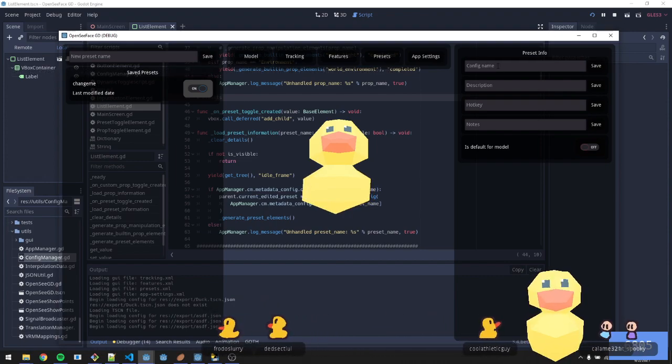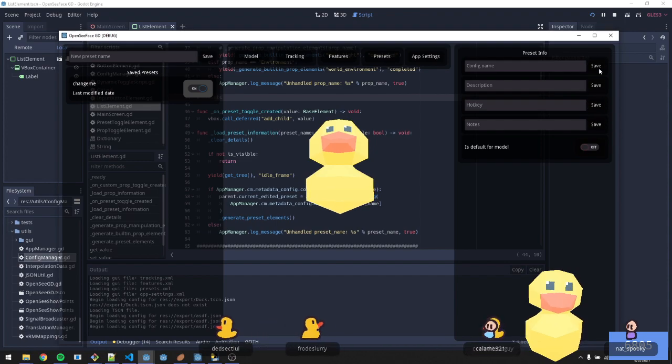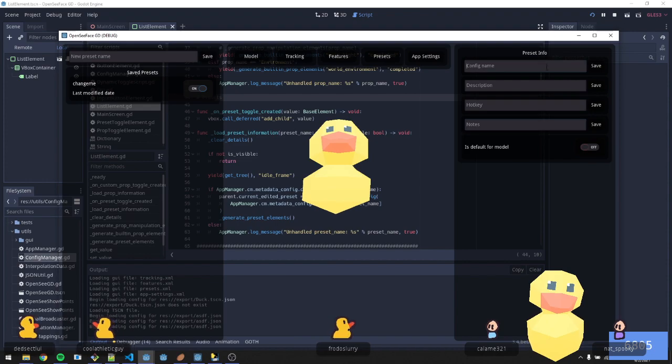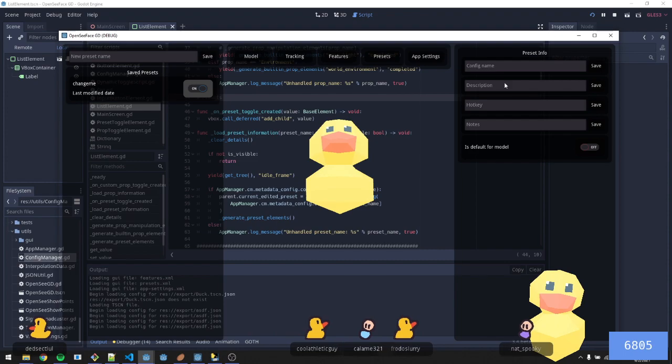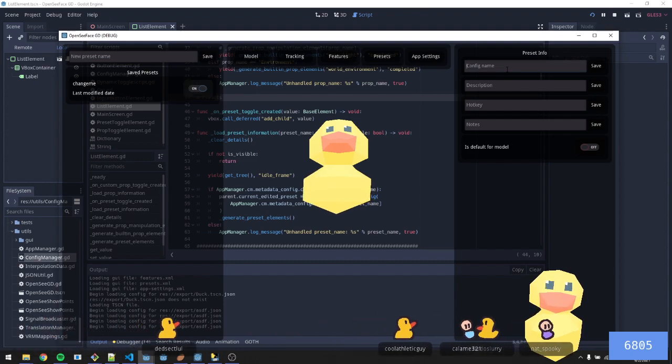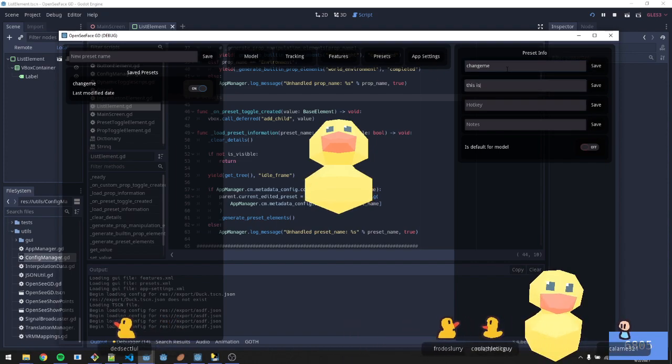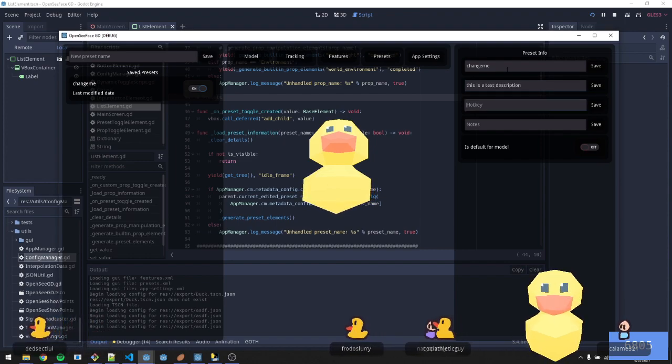Okay, cool. These don't do anything right now, but these do have save. Oh no. Do we want to have save buttons? I suppose, right? So when you click on one of these, would you want to be like, this is the config name, and we'll call it change me, and then we'll have some sort of description. This is a test description. And then the hotkey associated with toggling the